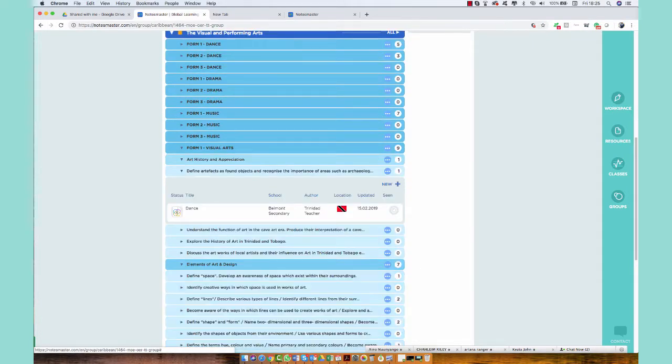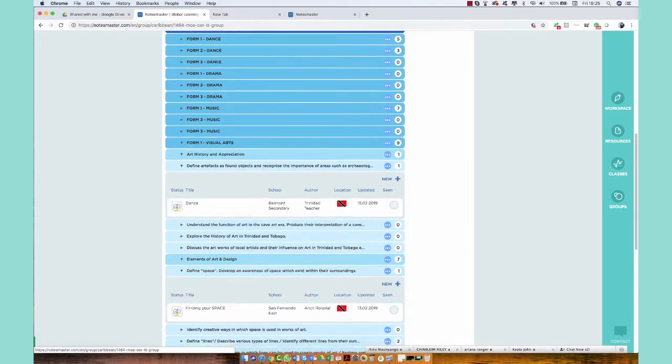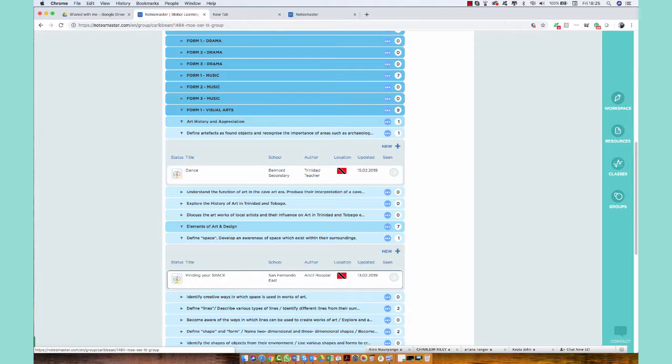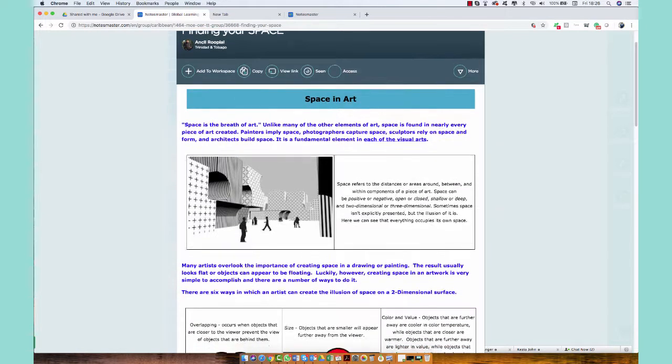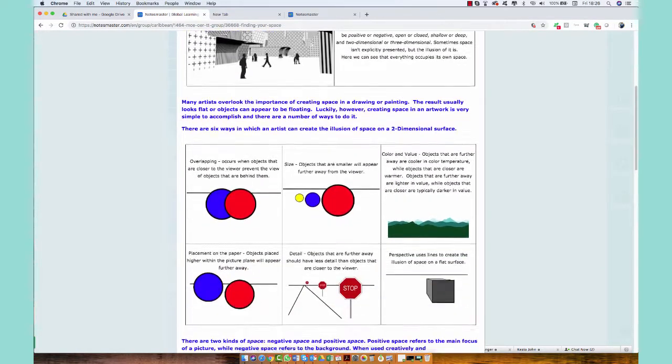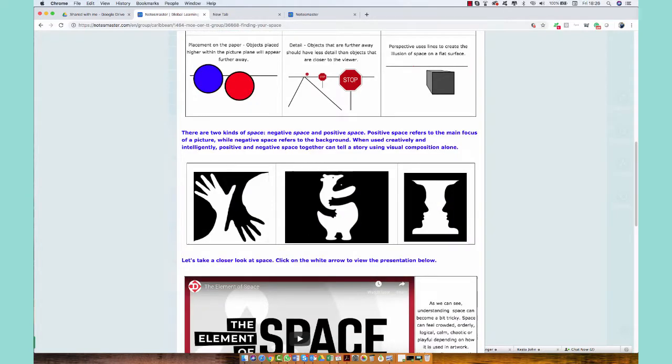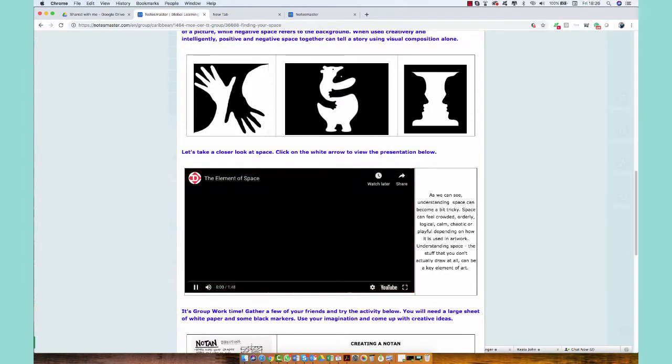But there's other content that has been created through our workshop. Finding Your Space, San Fernando East, from Ansel. If I click on this note, let's see what it looks like. Okay, so this is from our workshop last week. Ansel is obviously pretty capable. He's got his text in and he's added some images and some more images and a video that I can play. So this video would be Creative Commons